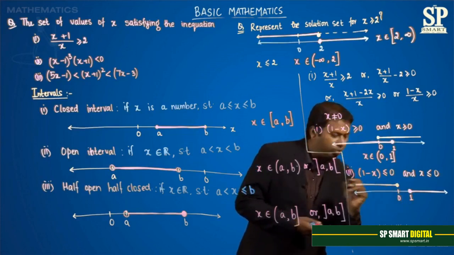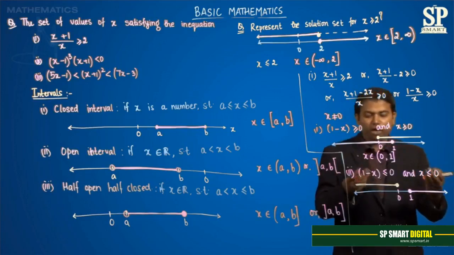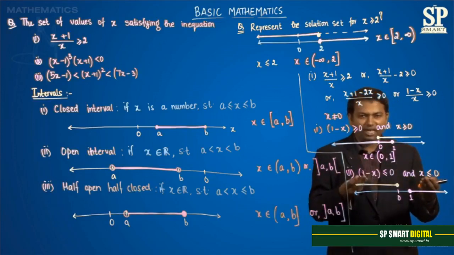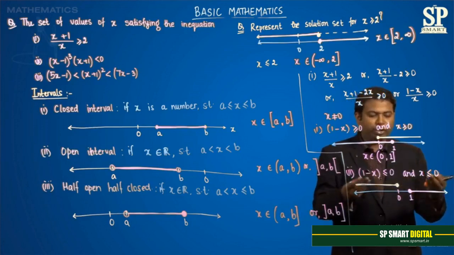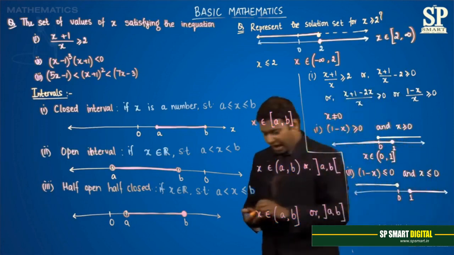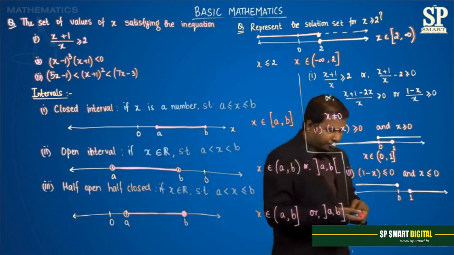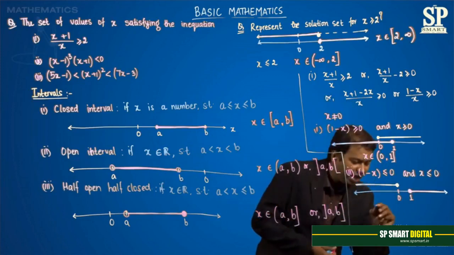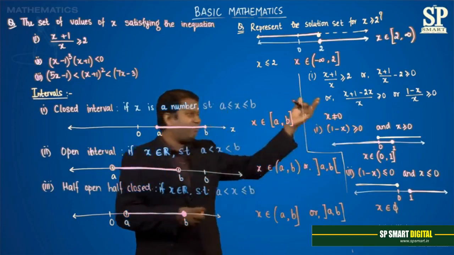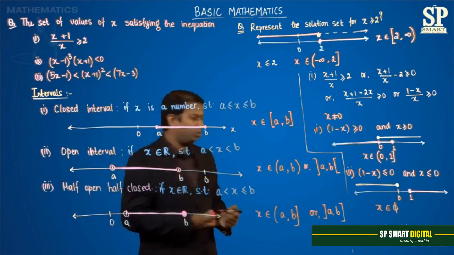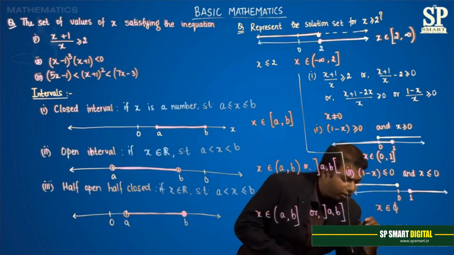0 will be included, which means if you look at both the solutions, and since both have to be simultaneously true, there is no common value for x which is going to satisfy both these conditions, and hence for this x belongs to the null set. That is to say, we can write this as x belongs to phi for case 2, and hence if we have to write the answer for question number 1, our solution is therefore solution set